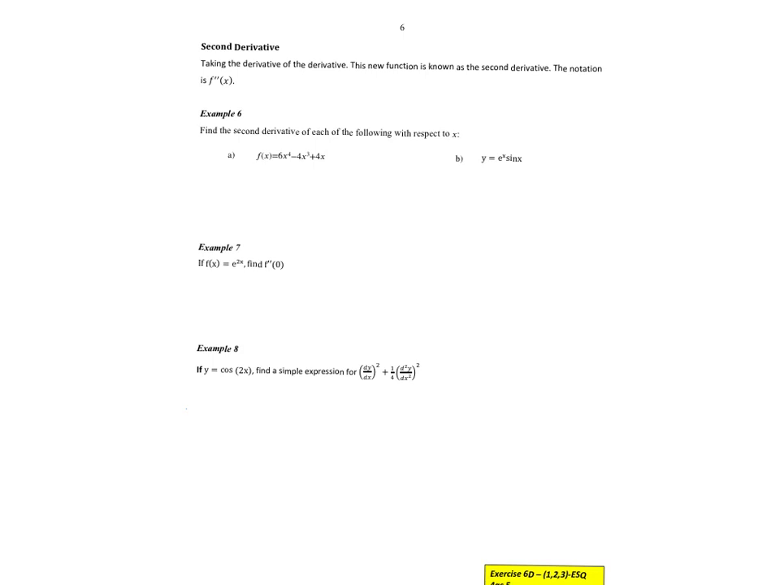Okay, so let's have a look at finding the second derivative of a function. In reality, the second derivative is just the derivative of the derivative. It has some applications that we'll talk about a little bit later. But in terms of the practicalities of finding it, it's just differentiate the function twice. So if we have a look at